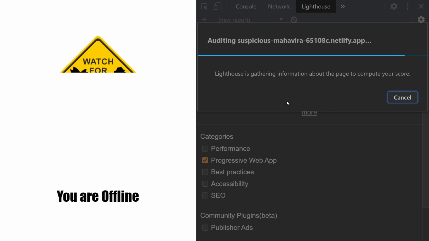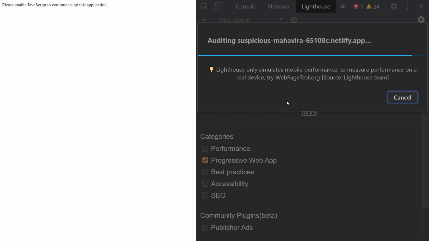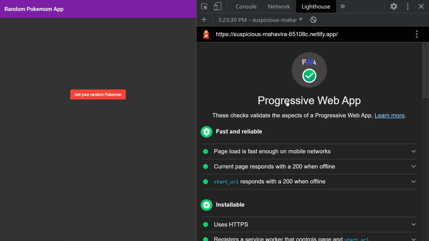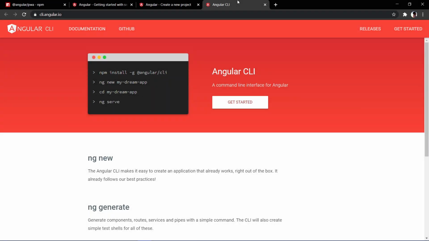I will be sharing some tricks and information about the actual use of some of the features related to PWA, which you must know to understand how PWA works. So do watch the video till the end. By the end of the video, you will have everything you need to know to set up a PWA application from scratch. So let's start with creating an Angular project from scratch.